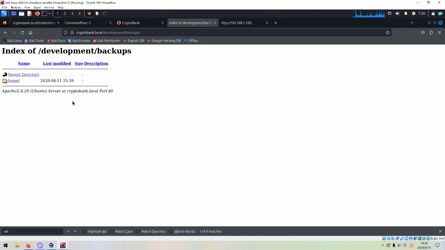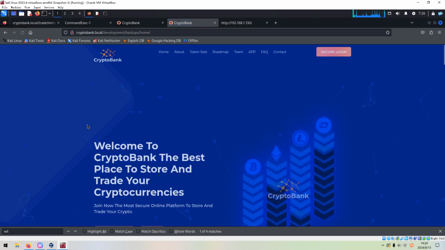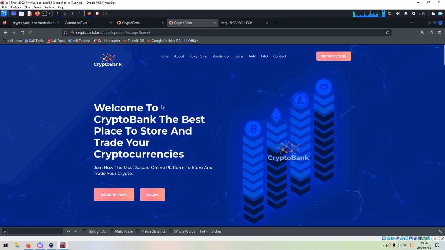Press enter, and the index of development backups home, and we even got the same application as the original one, and it even leads to the same link. So how to do? This is the backup application. Maybe we can find something from the backup.